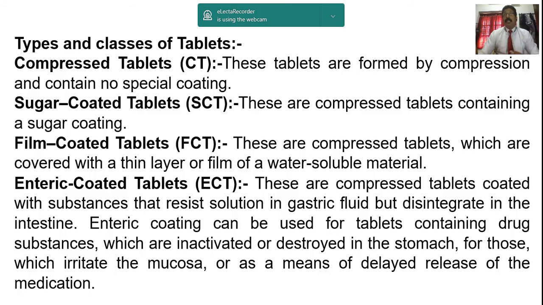Another version also: delayed action can be achieved by means of enteric coated tablets. Suppose you need a release: one can be enteric coated, and another can be kept without enteric coating. So the drug can be released initially, starting from the buccal cavity to the stomach and to the intestine. It is also possible to delay. In various stages the drugs will be released and the action will be prolonged. If somebody needs a drug to act for a long duration, that can also be done by means of these enteric coated tablets.